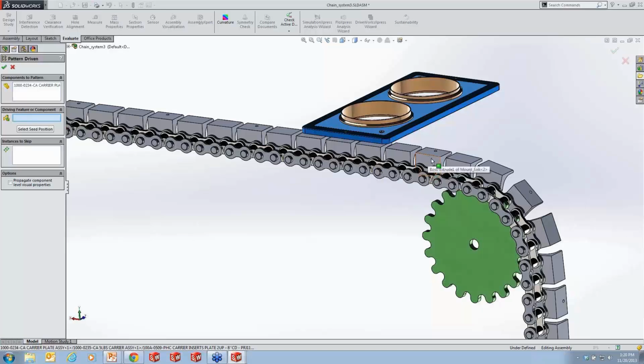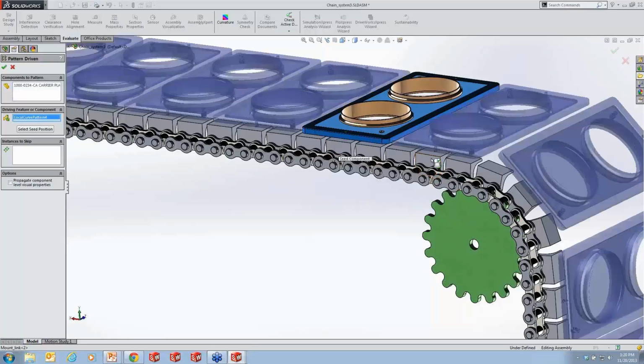So if I just pick that one, because that one was patterned, it's actually this one was the seed, and that was a pattern feature, it uses the pattern that created that. So that's a real quick way to get to it. You could also just use your tree and browse down to the pattern feature, but that way I can just